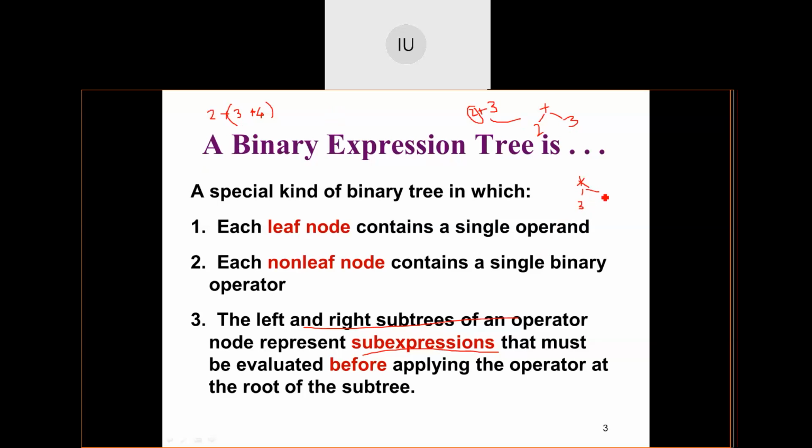To its right is 4. And towards the root is plus, and there is 2 at the left. This is how the expression tree for the given expression is constructed. Always when you take up a subtree, star, that is the operator, becomes the root node, and the left and the right child will be the operands of that particular operator.